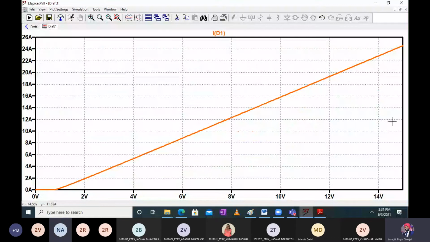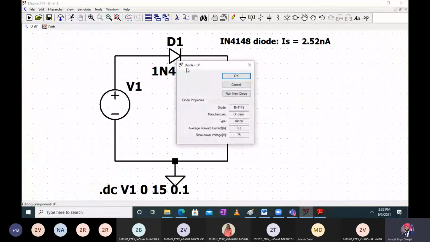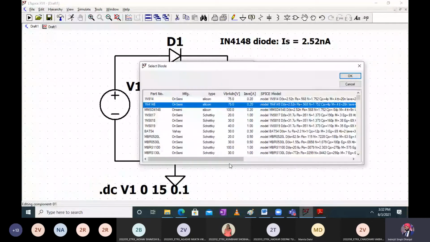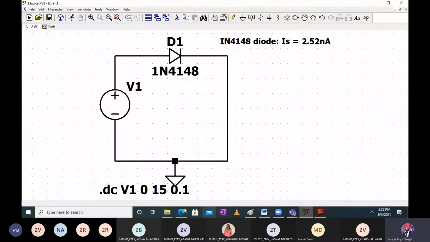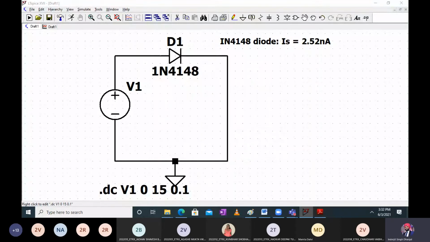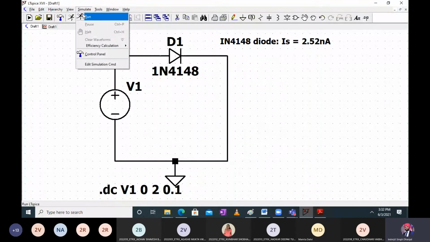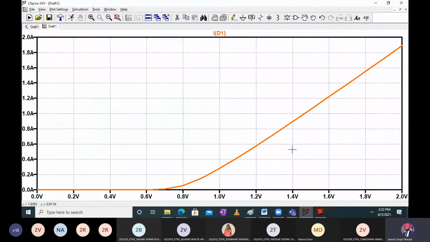Yeah. So here you see this graph, correct? But here the current levels are not correct, I guess. It's coming in amperes. Normally, this diode will not support more than 1 ampere, I guess. Let me check its data sheet once. So let us see the variation is, let's say, little smaller. Let's say 0 to 2 volts. Let's consider that. I am just showing you something so that you get a realistic value of current.